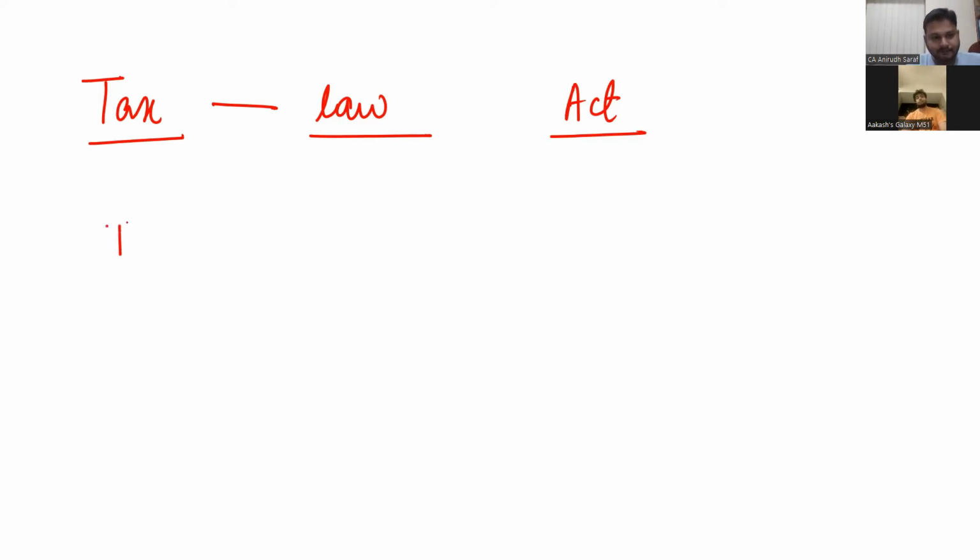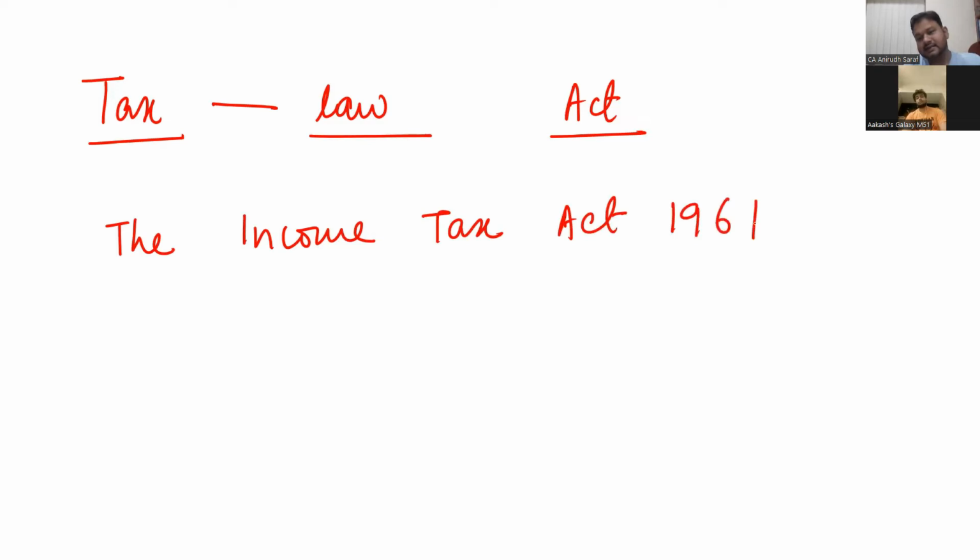is called the Income Tax Act 1961. Okay, it started much earlier. So there was one in 1800s, I think, sometime around that time, and then it was replaced by different acts. The one that we follow right now, the one that is in force right now, is the act that was implemented in 1961. So it is called the Income Tax Act 1961.